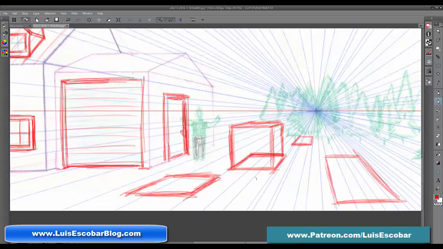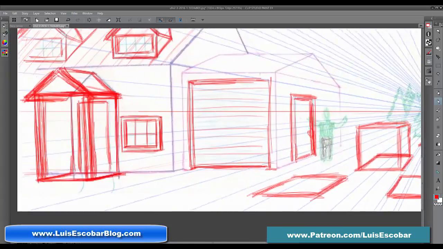There's a way to make a perfect grid on the floor, and maybe I could tackle that in another video if you want. But it is very helpful to make these little boxes here and then just add depth to them. Okay? So